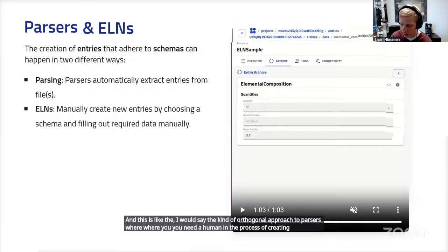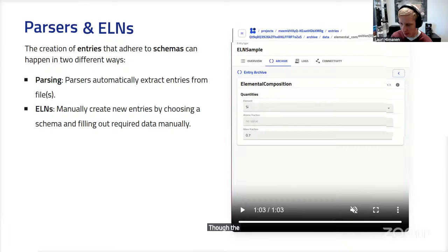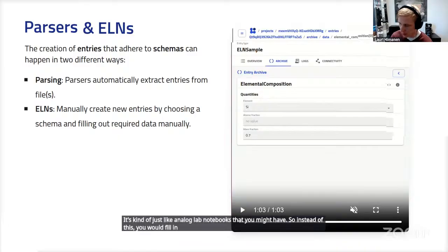And this is typically work that, for example, might happen in the lab. So the NOMAD ELNs can essentially be used to replace analog lab notebooks that you might have. So instead of this, you would fill in the data in a NOMAD ELN, which obviously cannot typically be done by an automated procedure, but you need the human to fill these kinds of things in.